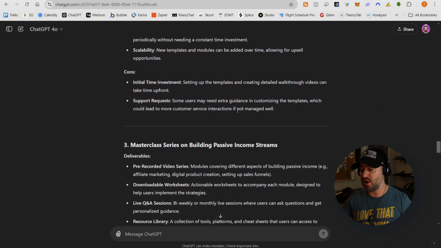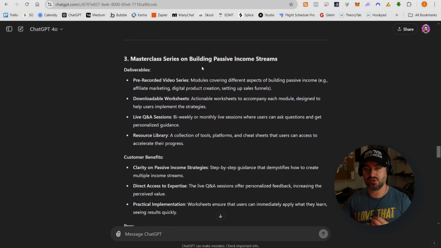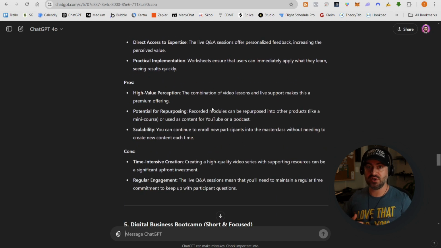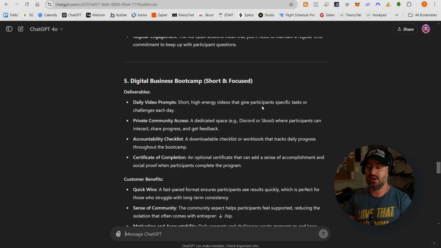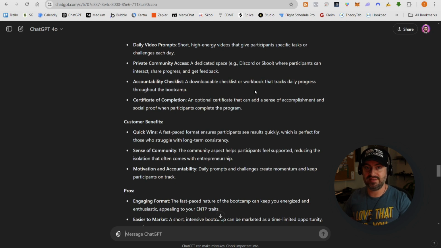So I'm going to go through all 4 of these, look at the deliverables, look at the customer benefits, look at the pros, look at the cons, and see which one kind of feels best to me. Now, you can also go further into this, right? You might just be at this point and be like, I found one that I'm 100% down for, and that's great. However, let's say you like bits and pieces of number 2 and bits and pieces of number 5. This is, again, more of how you can use ChatGPT to think about how you can combine these